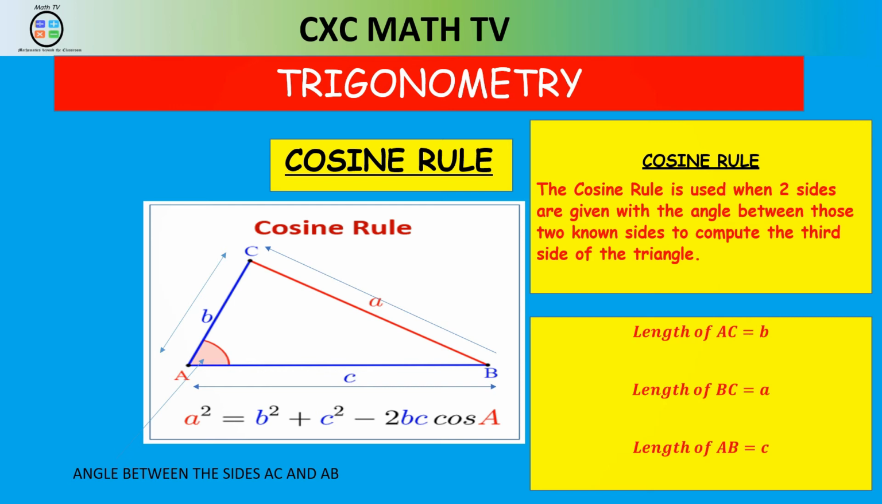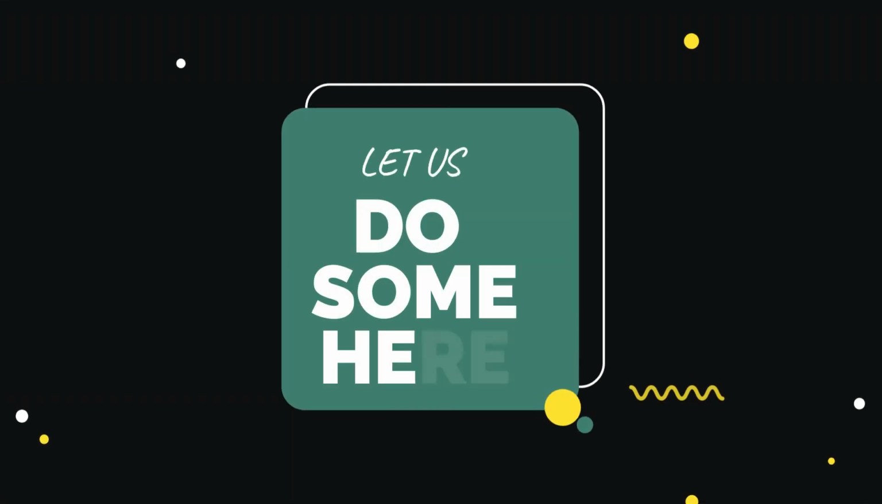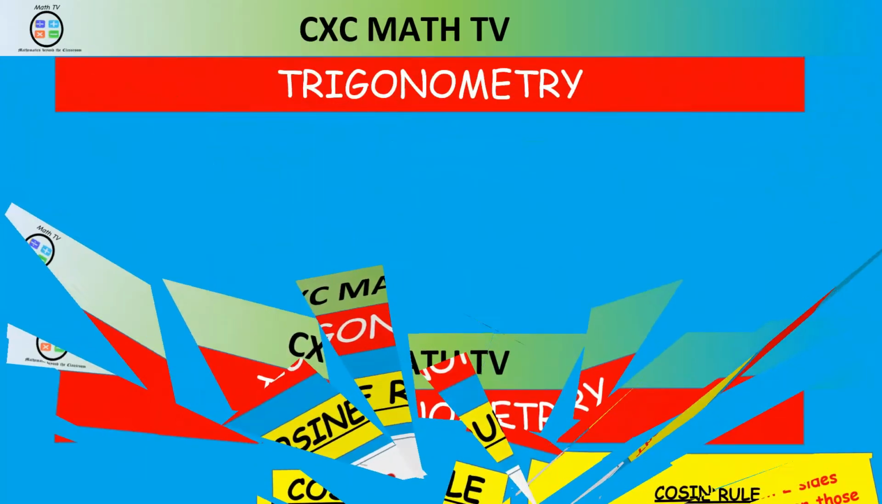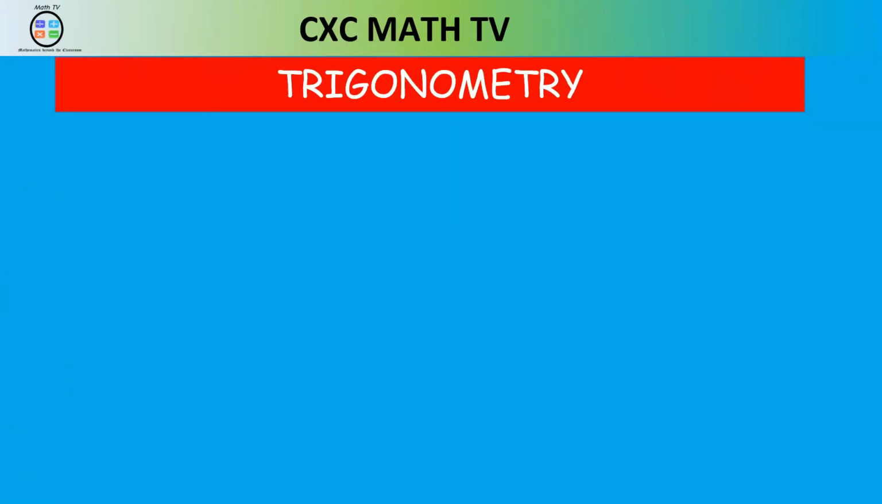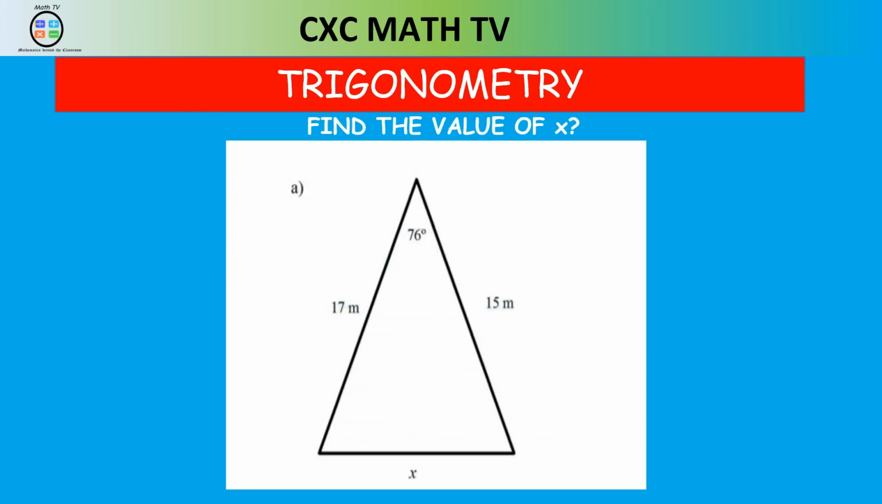Now the best way to do it is with an example. With examples, the cosine rule becomes a lot more clear. So for example, find the value of x given this triangle. We see this non-right angle triangle right here. We have two sides. One side is 17 meters, one side is 15 meters, and the angle in between them